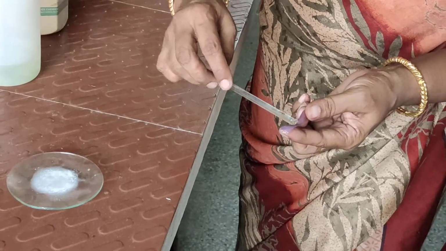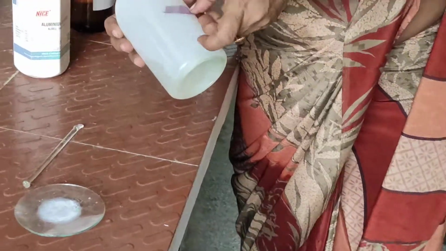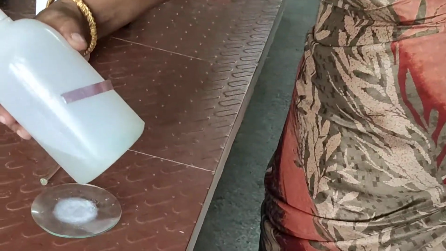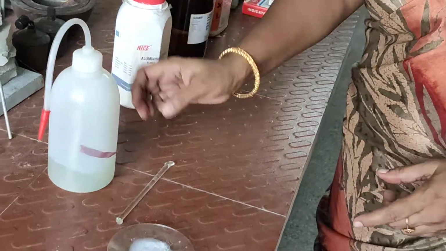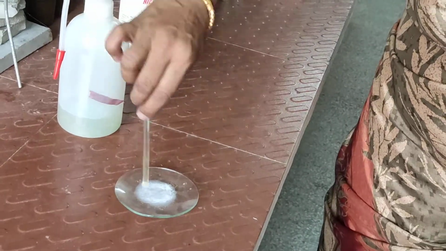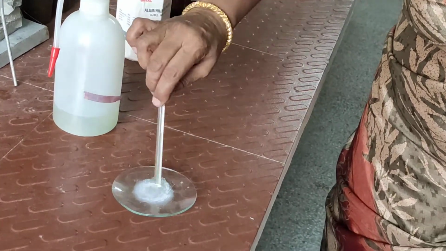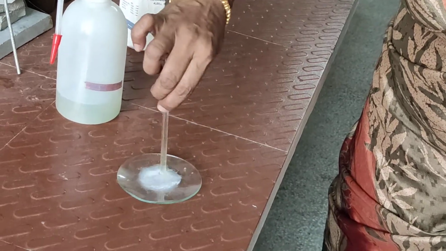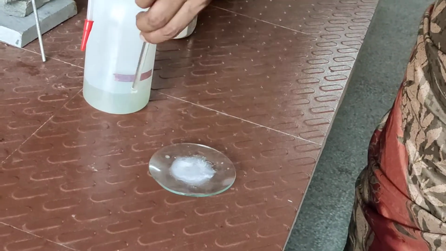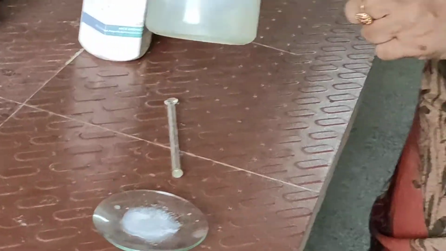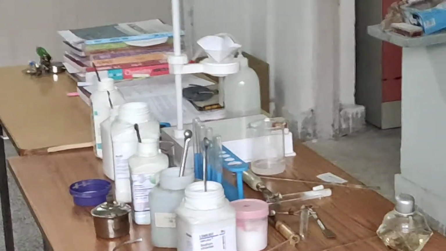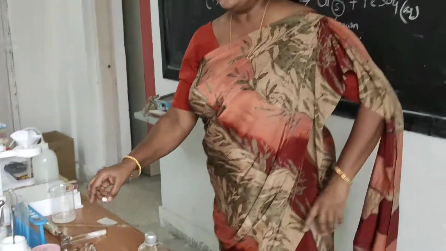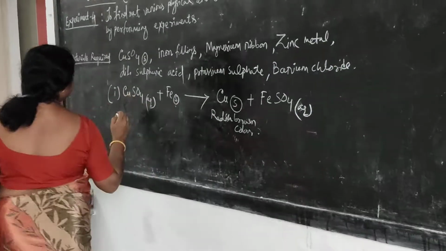What happened? My dear students, what happened to the color of the red litmus? Red litmus changed to blue. A little bit of bluish color you are getting. If you do it properly, you will get a beautiful blue color. I am showing you. You see, this patch is becoming blue. This patch is red and this patch is blue. That means the red litmus paper changed to blue color. That means that solution is alkaline.